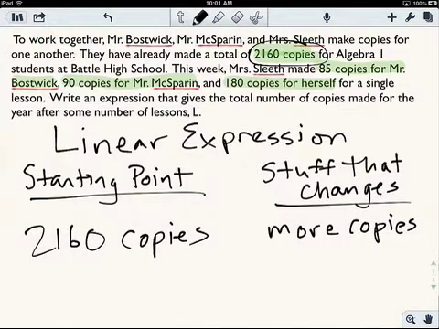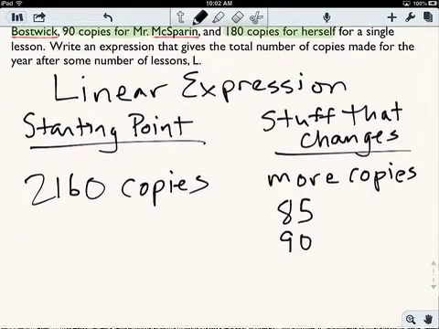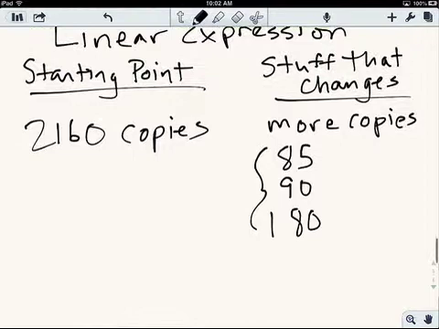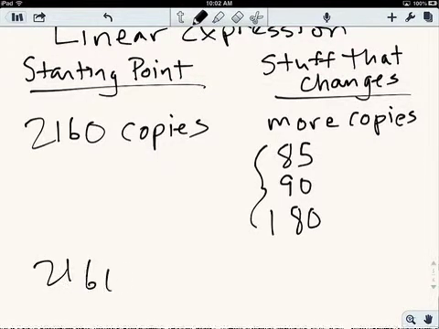I'm thinking, well, every lesson we need 85 for Mr. Bostwick, and we need 90 for Mr. McSparron, and 180 for Mrs. Sleeth. And so we have these three things. Every time we have a new lesson, we have to make all of these copies so that all of our students have a copy of something. And so that's how much is changing. Every time we make a new lesson, we have already made 2,160 copies,